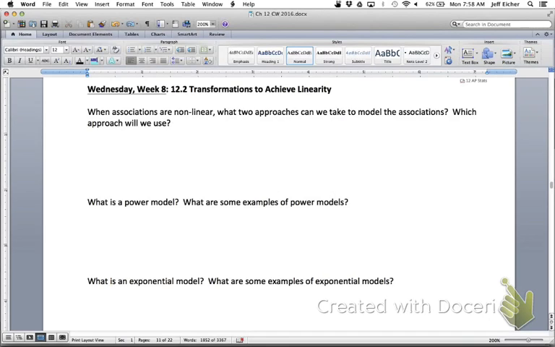Well, there are two approaches. One approach: let's say you have some kind of scatter plot that looks like this. In this case, you can actually model it with not a linear model, but like an exponential model or a power model, some other type of function. If you go and look at your calculator,